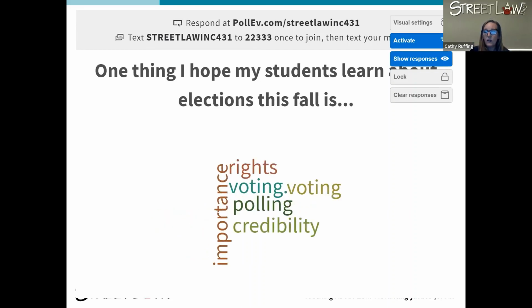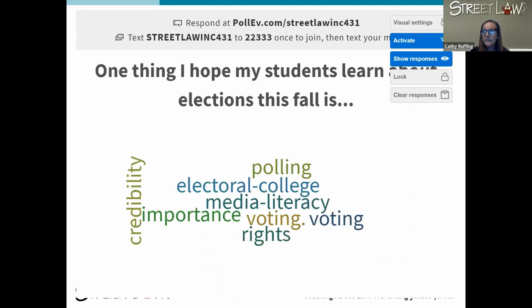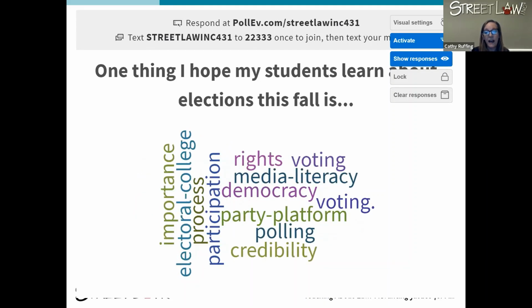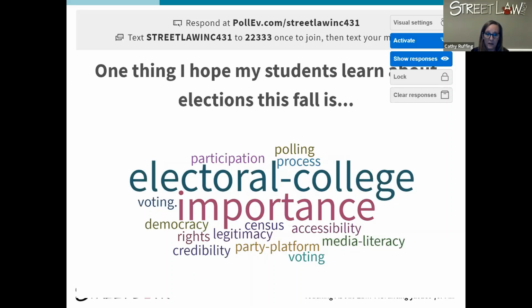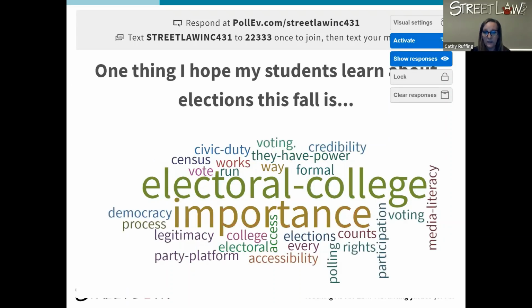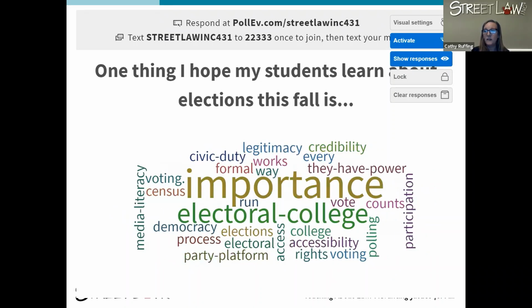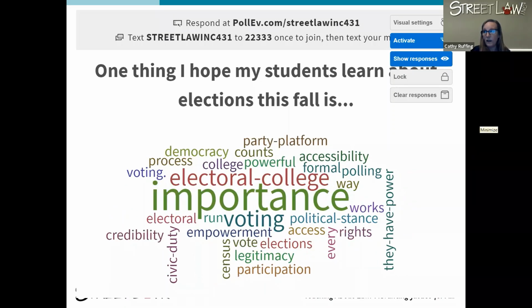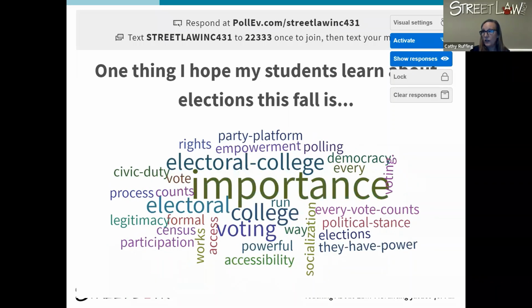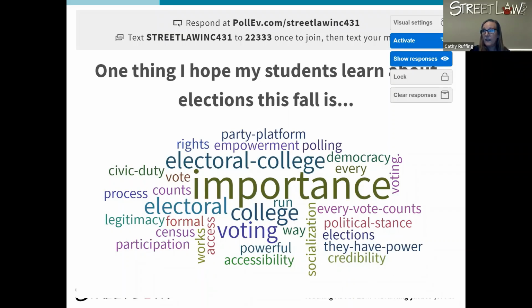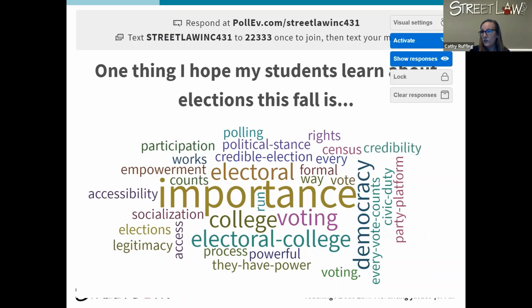We're asking you to do this for a couple reasons. This is great as it populates. We want to see what materials we already have that we can call to your attention that can meet this need, but we also want to identify what we might make new materials for. If there's something in here that a lot of people feel like they need, but we don't already have in our materials, we can make some effort to try to meet that need. So you'll be helping us out in two ways.